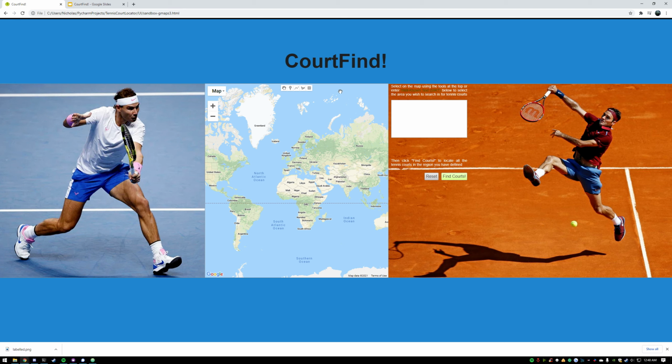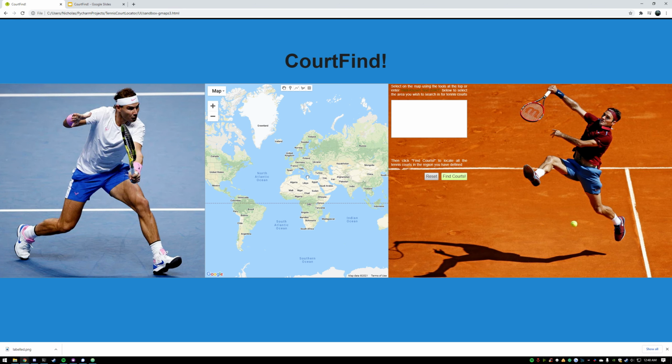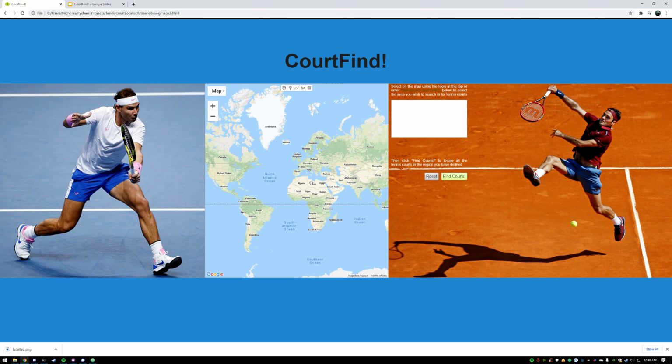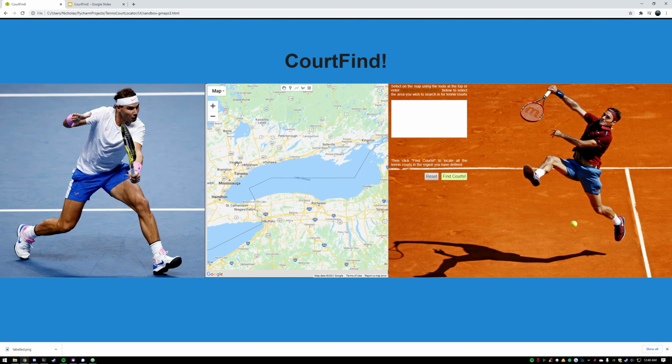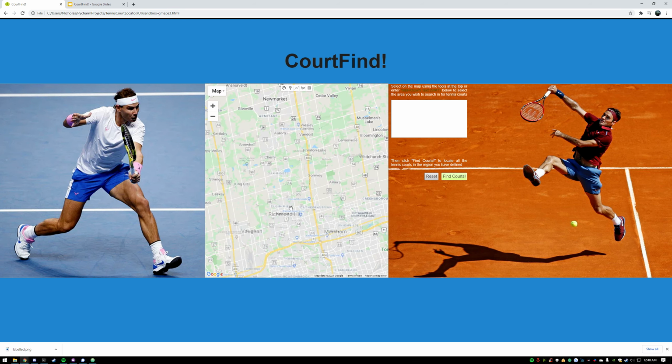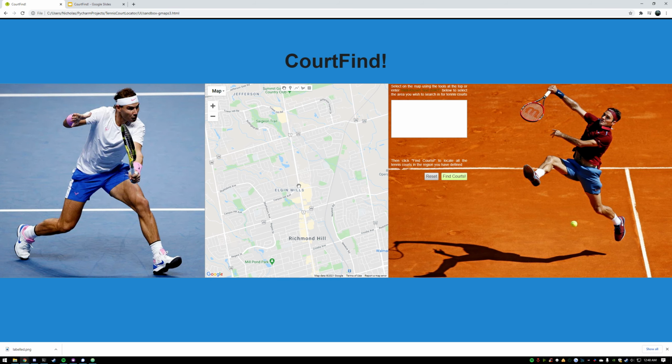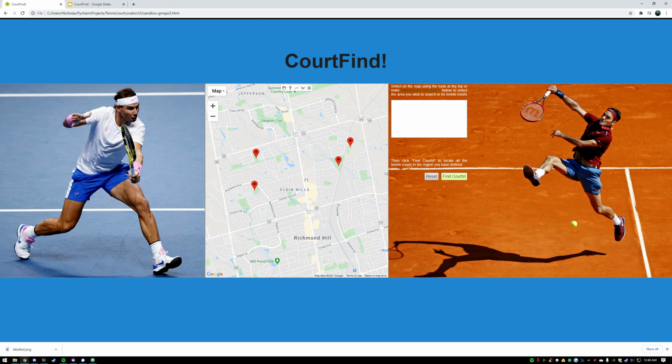So if you look at our website here, you see that there is a map. This is the Google Maps JavaScript API, and what it allows us to do is go into a place, I'll just go where we live, and make a selection that would be where you want to search for some tennis courts. Then all you got to do is click Find Courts. It takes a couple seconds, and then it's run that algorithm,